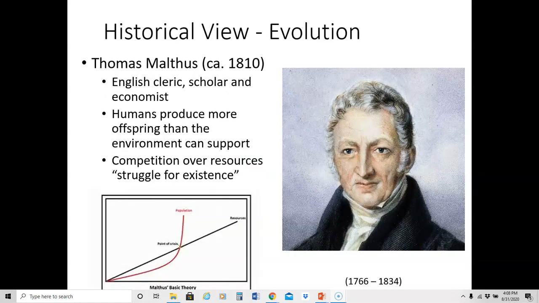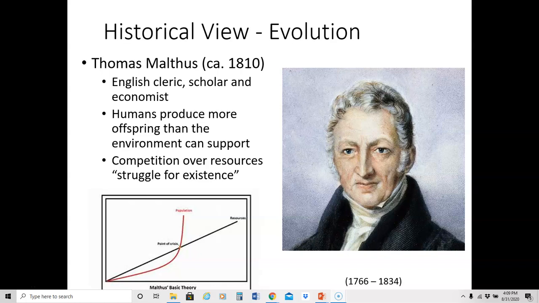One really important person for Darwin's development of his theory of evolution was Thomas Malthus. In the early 1800s, Thomas Malthus wrote a book that described human struggle for existence. It's interesting that Malthus was so influential to Darwin, since Malthus was not even a biologist, he was an economist. So his idea was that humans produce more offspring than the environment can support, and therefore there is extreme competition